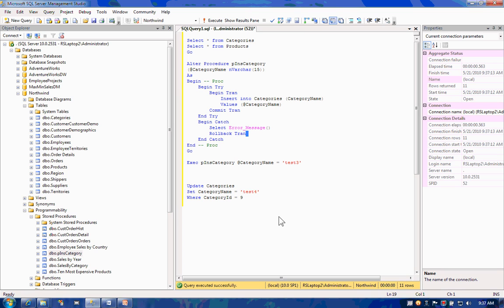In this demonstration, we took a look at how to create a stored procedure. We started by creating a SQL statement and testing it, and then wrapping a stored procedure around the SQL statement. Programming